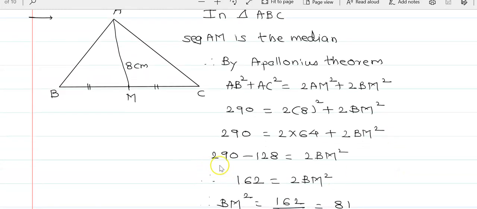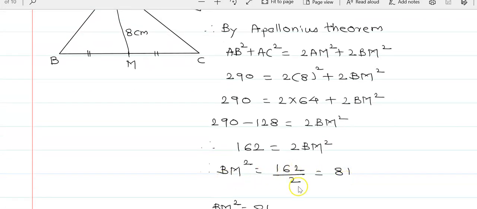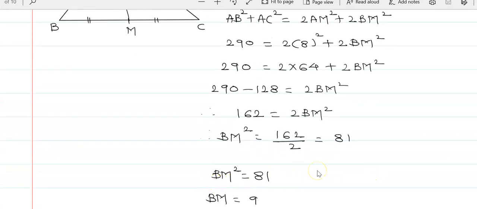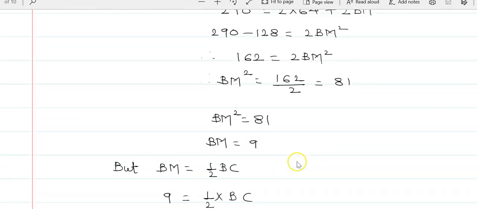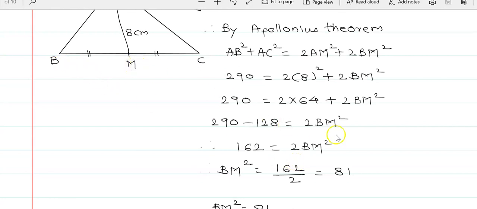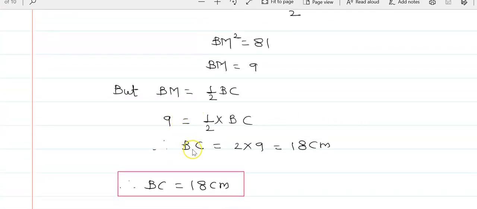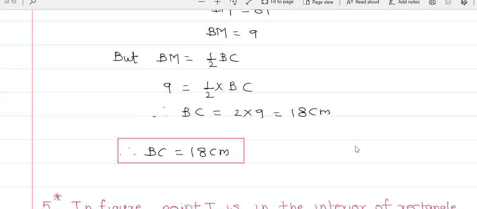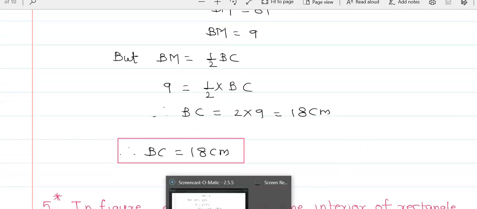That is 290 minus 128 is equals to 2 BM square. Therefore, 162 is equals to 2 BM square. Therefore, BM square is equals to 162 upon 2, that is equals to 81. Therefore, BM is equals to 9. Again, BM is equals to 1 upon 2 BC. Therefore, BC is equals to 2 into 9, which is 18 centimeter. This is the length of the third side. Now the next problem is